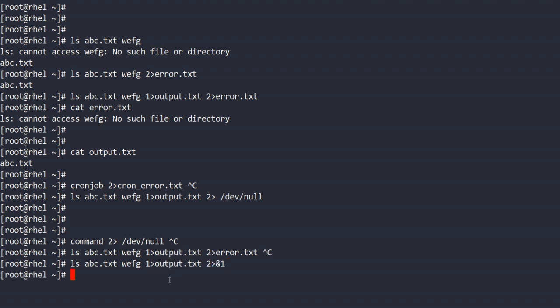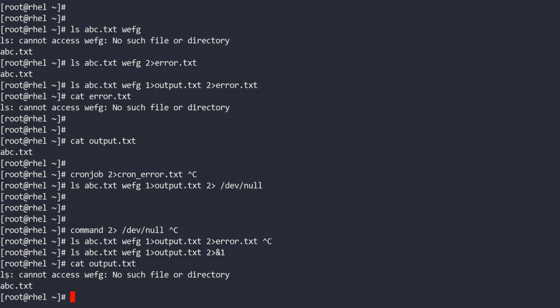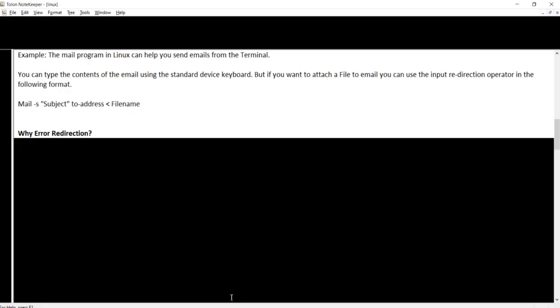So everything will be contained in output.txt. Now do cat output.txt. You see everything is here. So we now have the power to control, instead of relying on our standard output and error coming to the screen, we can store it for the future, or we can nullify it by moving it to the /dev/null directory. So let us see my notes.